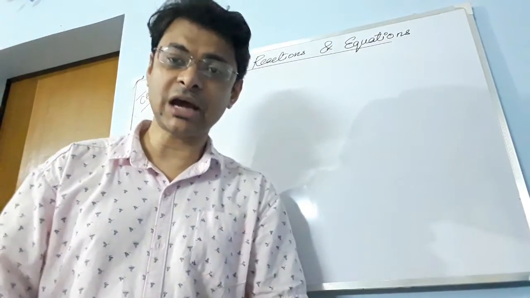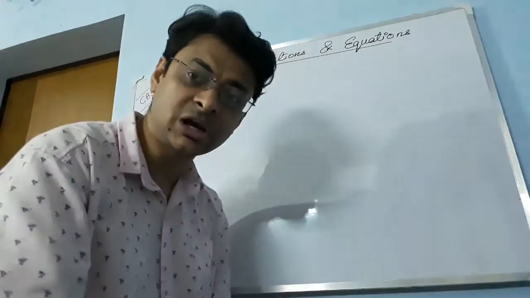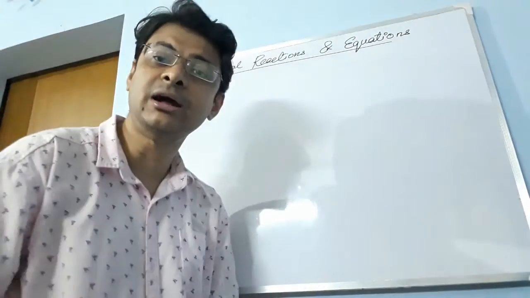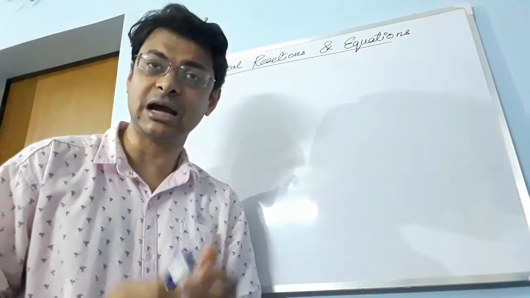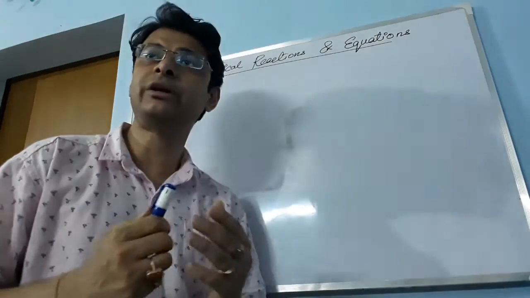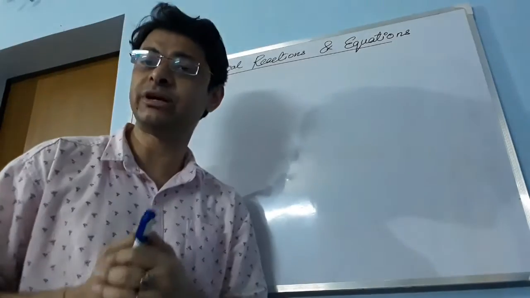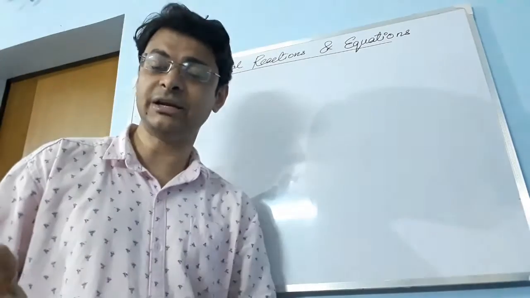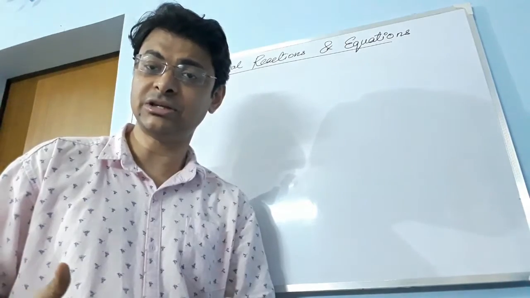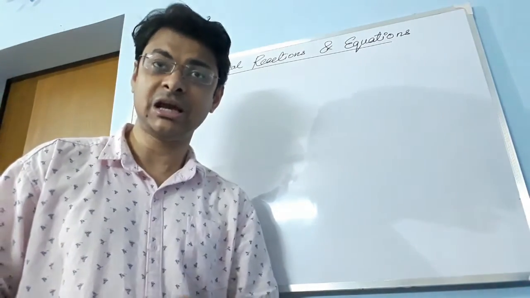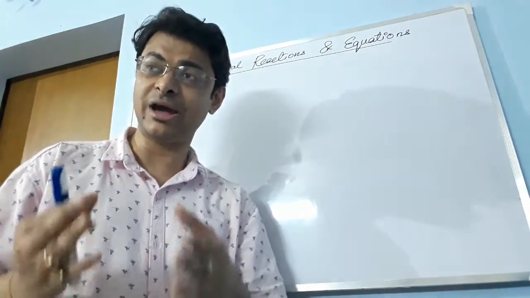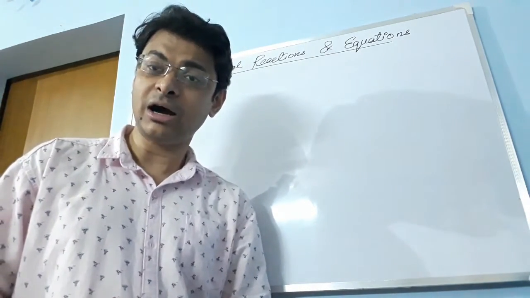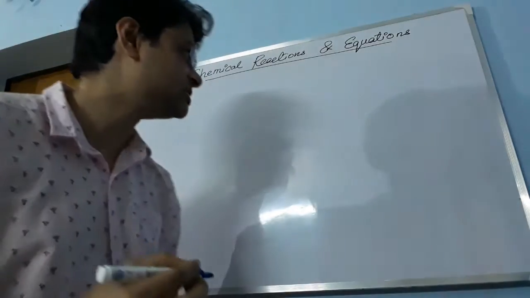Now students, I will tell you what is endothermic change and what is exothermic change. You have already learned this in your previous classes. I will tell you in short. I have already explained that a change which requires heat for its chemical reaction is called an endothermic change, and a chemical change where heat is evolved after the reaction is called an exothermic change.